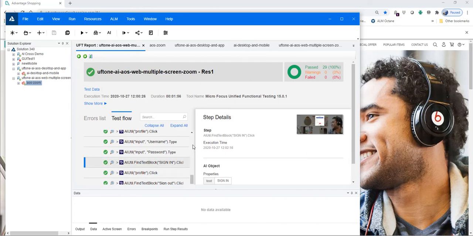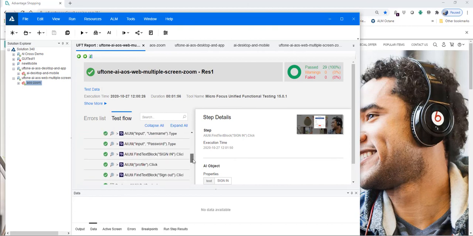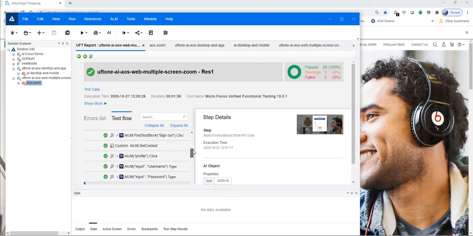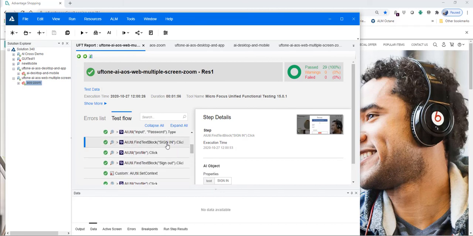And here's our test results. Usual test results for UFT One. And there's our results time after time after time. Again, doing screen captures,